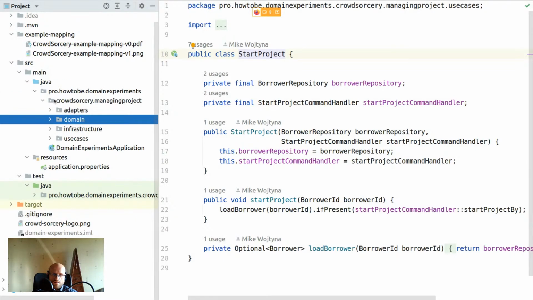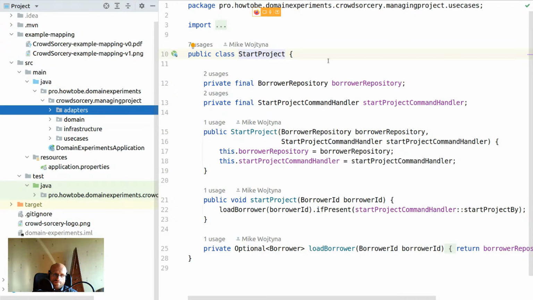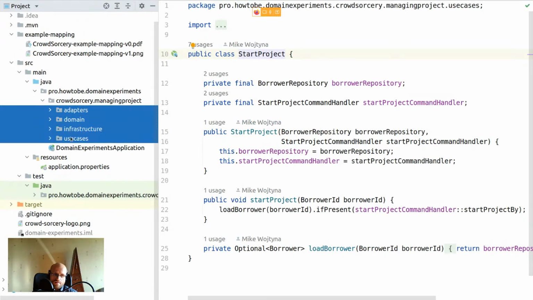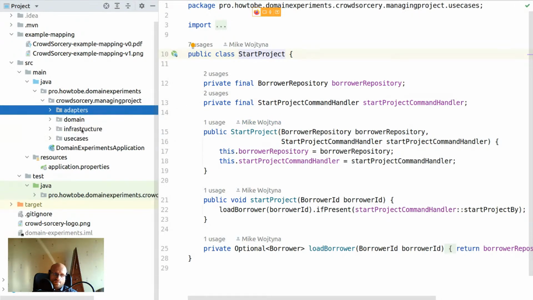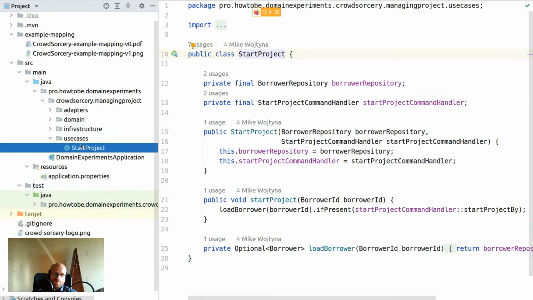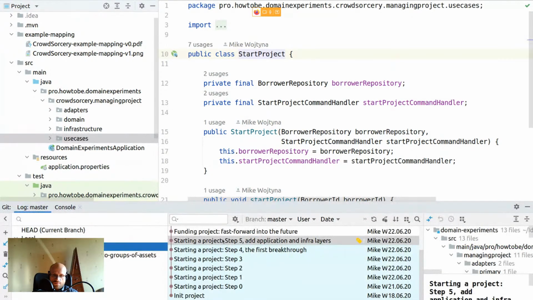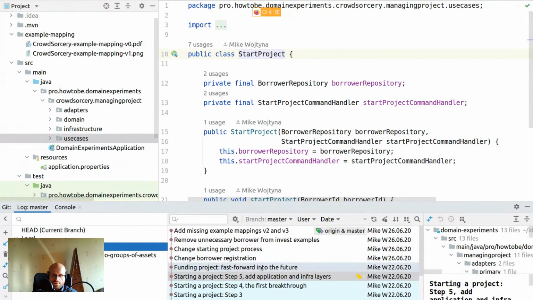So when we started, we were focused just on the domain package, nothing more, right here. But after having some initial rules, some initial code, and something that might actually be shipped, we might want to start adding adapters, infrastructure, and use cases all around it. Yeah. Then going next to the future,